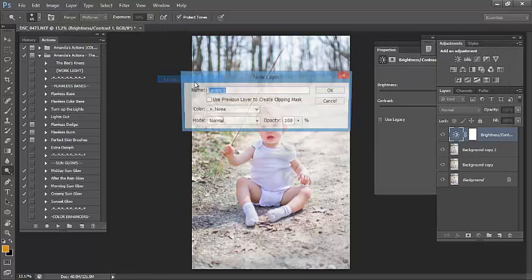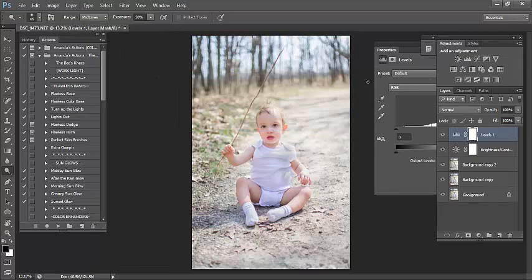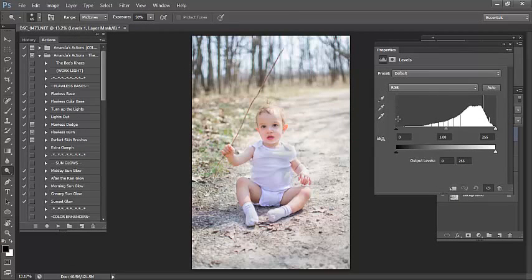This time we're going to click on levels. Click OK. With the levels, there's a bunch of more advanced things you can do with the sliders. Notice how the darks are getting darker here, lights are getting lighter here. Again, there's a lot of different options. You can lighten the shadows, darken the highlights here. But really, since we're just beginning with Photoshop here in this tutorial, I want you to